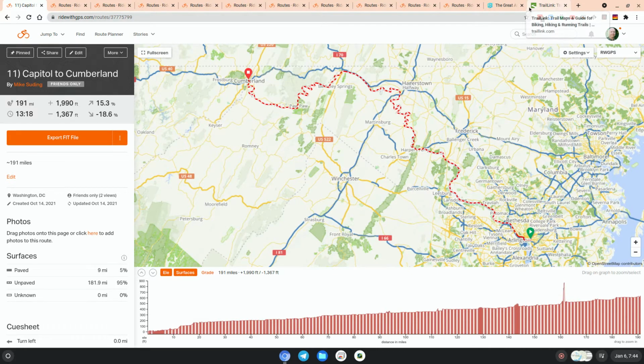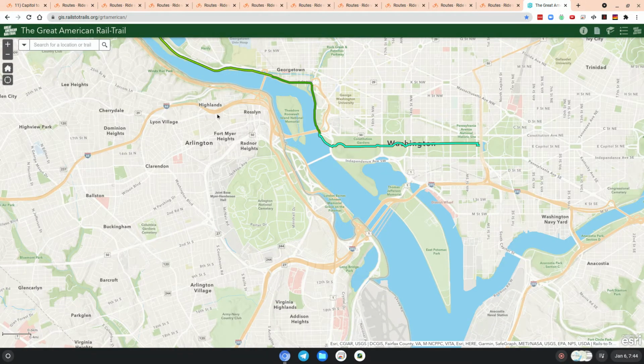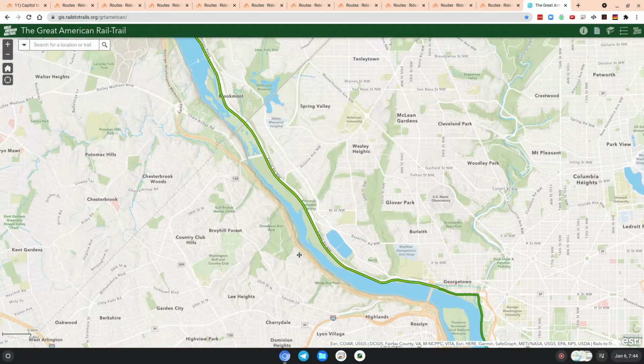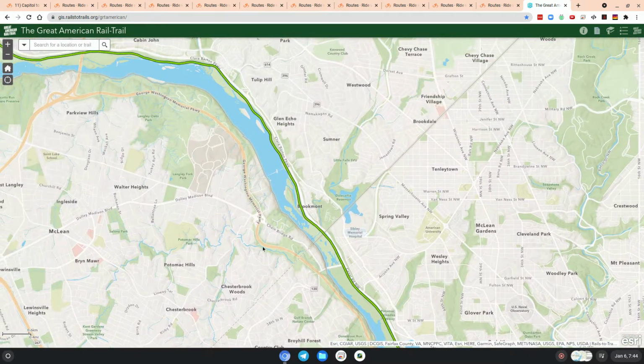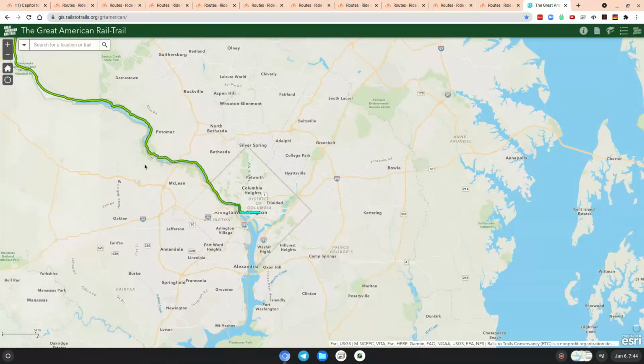And then let's take a look at the first. I'm going to close this TrailLink because we're not going to use that for this video. And you can see there's the route. I redrew it in RideWithGPS. Let's go to the first segment